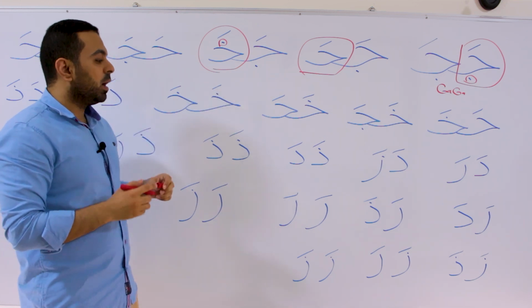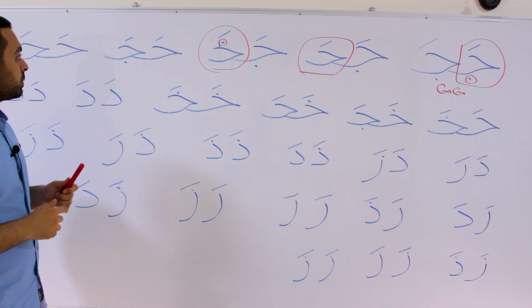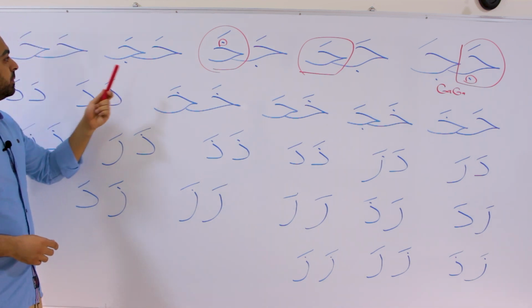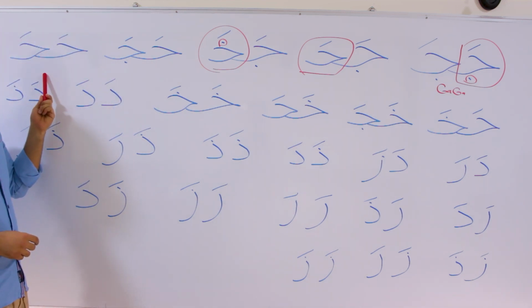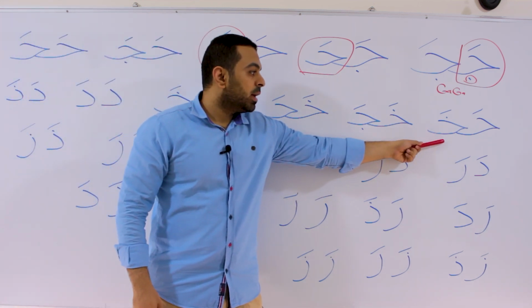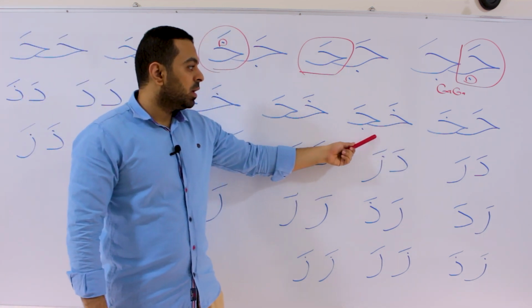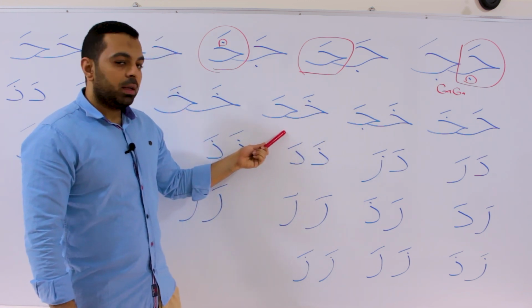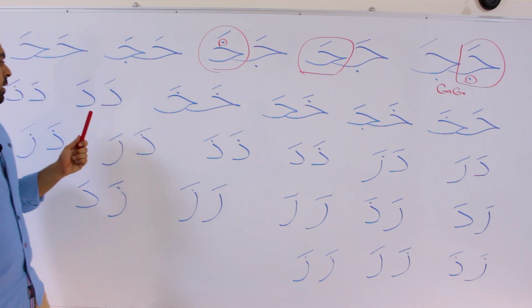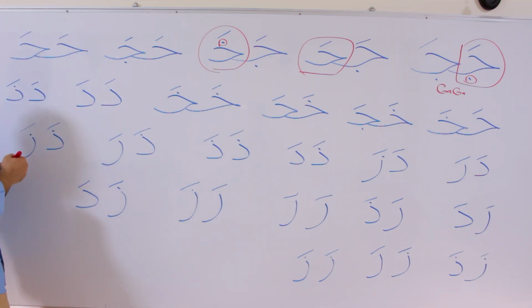So this one is gakha. This one is haga. That one is haha. Haha, khaga, khaha, khaha. Now we're going to practice for